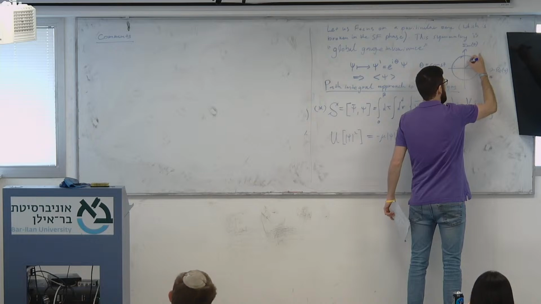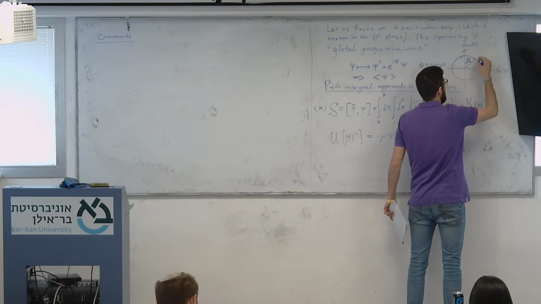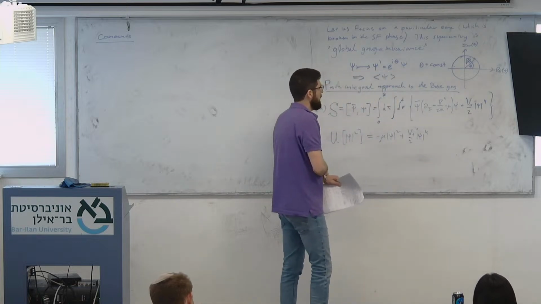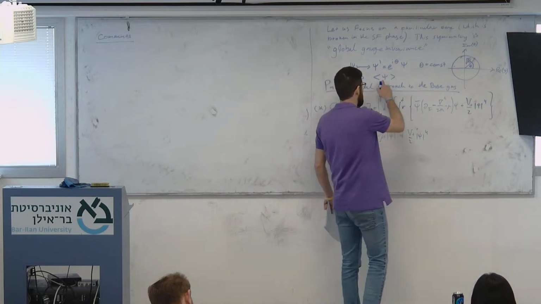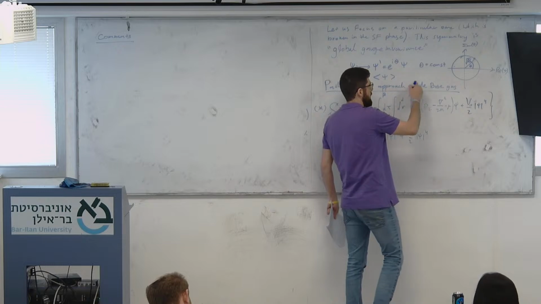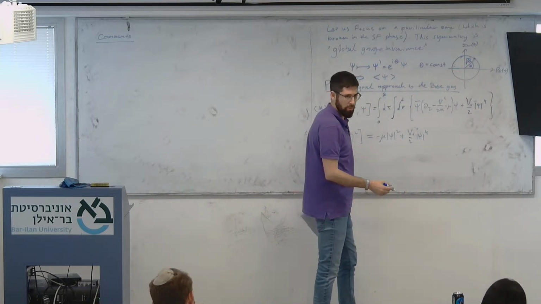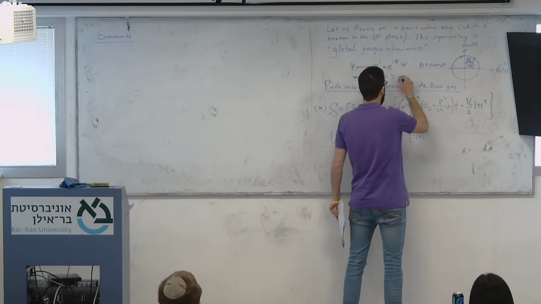This radius is square root of mu over v naught, and this angle is theta. Then psi is exactly this complex number here, and this is not equal to